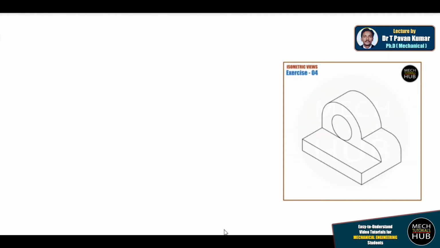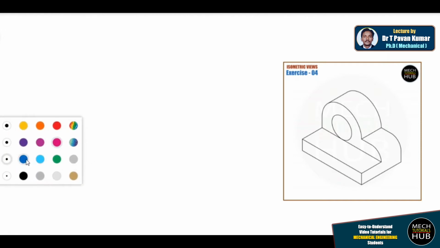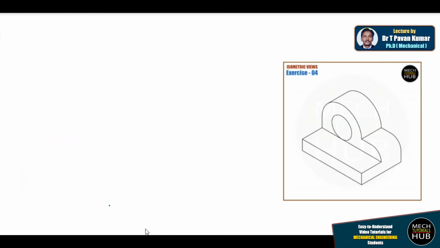Hello all. In this session I am coming up with one more exercise of isometric view, where I just show you how to convert a 3D model into 2D sketches. The main intention of this will help you to understand ISO to ortho representations. Because if you want to manufacture this kind of component with these all shapes and dimensions, then